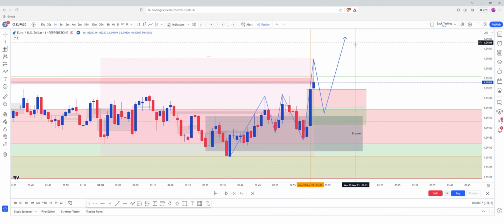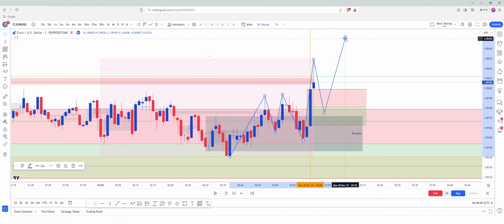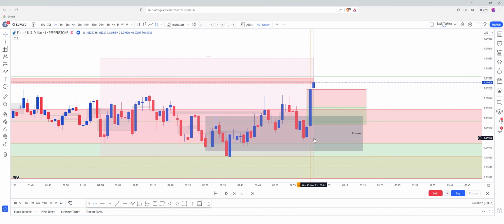We are at the open of a 15-minute candle into the silver bullet hour. I prefer to take entries 3 minutes either side of the open of a 15-minute candle, which means that I would take this if the price can come back, tap the top of this breaker block,